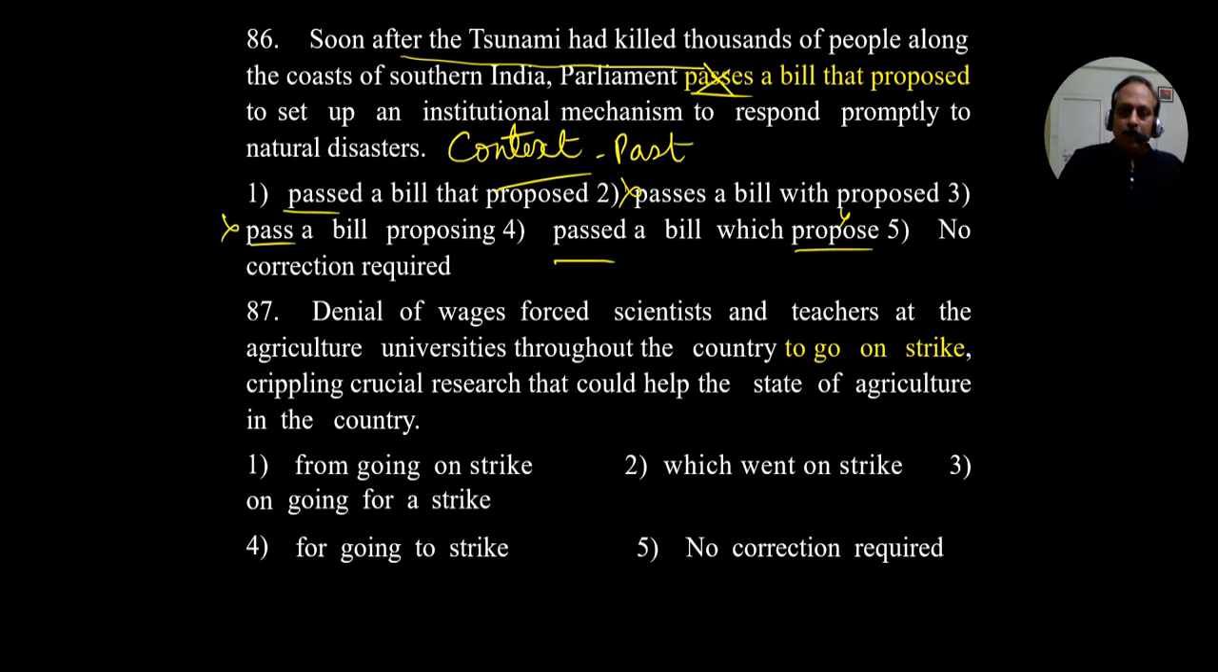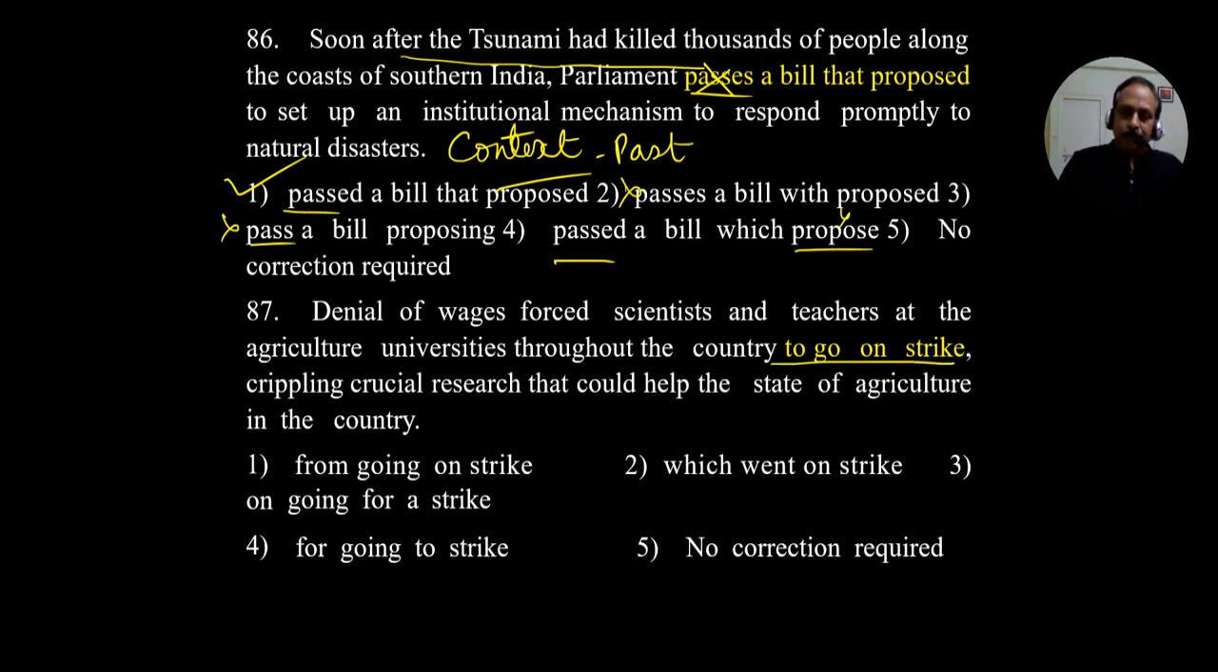Southern India, Parliament passed a bill that proposed to set up. Answer is the first option. As simple as that. Denial of wages forced the scientists and teachers at the agricultural universities throughout the country to